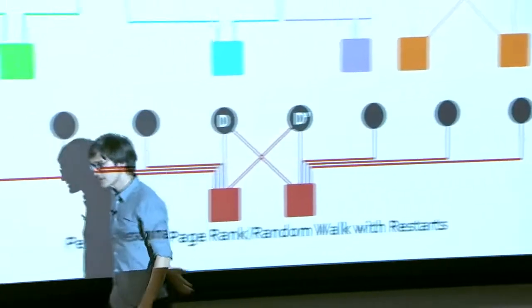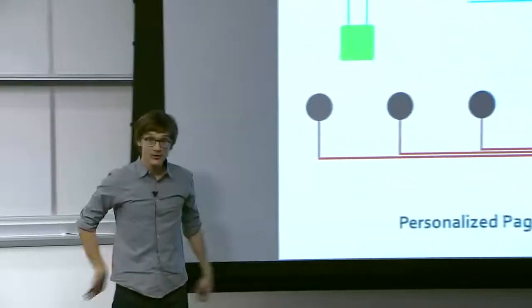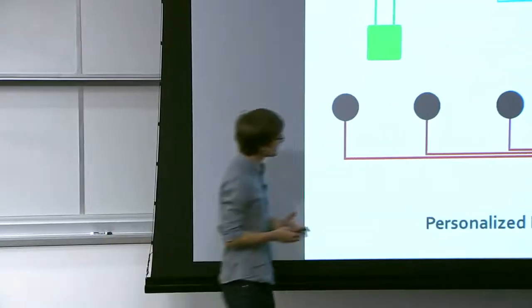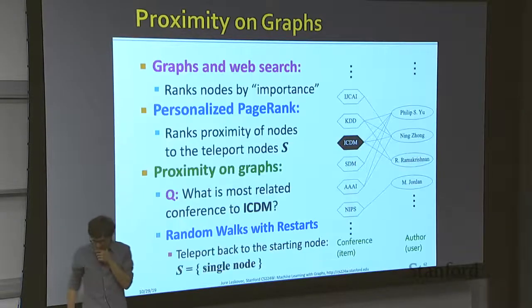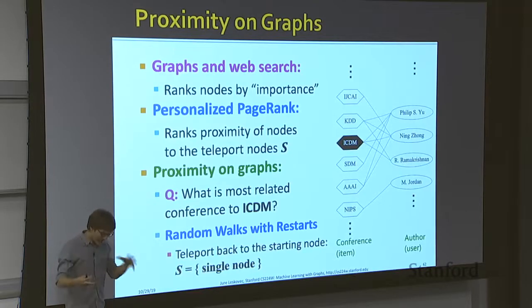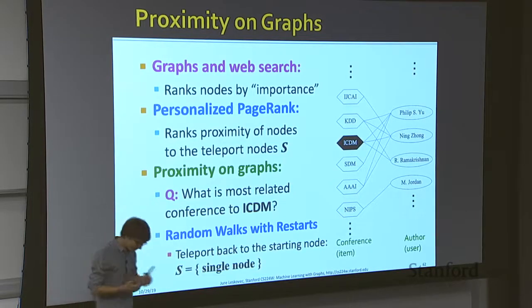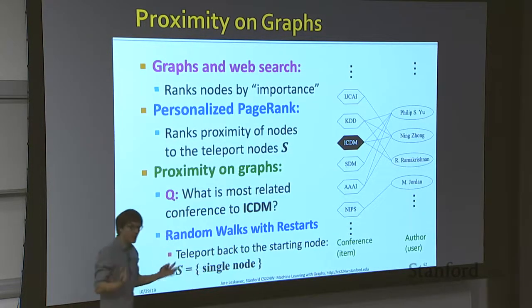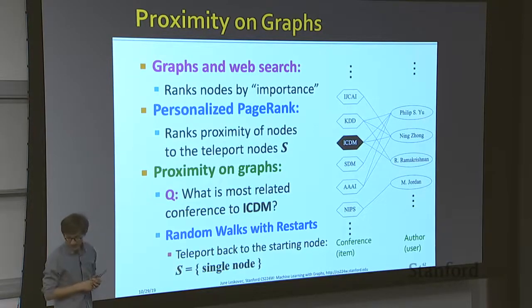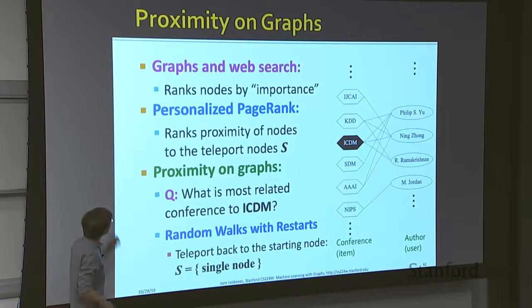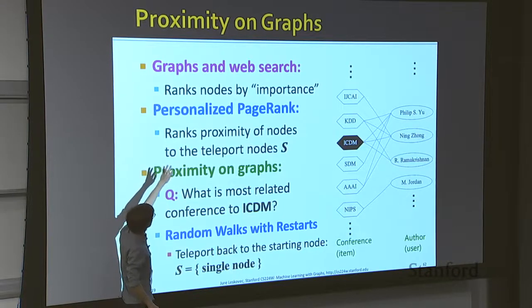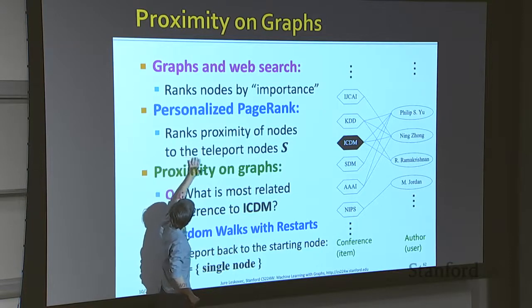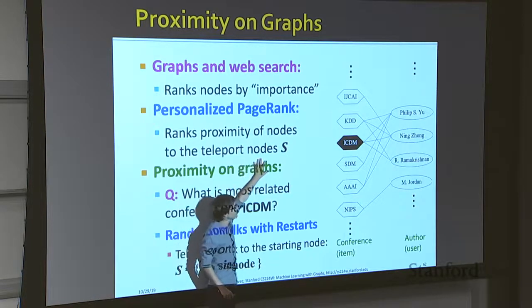And the question is, what kind of graph algorithm would obey these types of intuitions? And it turns out that random walks on graphs, so basically PageRank on graphs, obeys exactly this type of intuition, right? So basically, personalized PageRank, or what is also called topic-specific PageRank, will rank proximity of nodes with regard to the teleport set